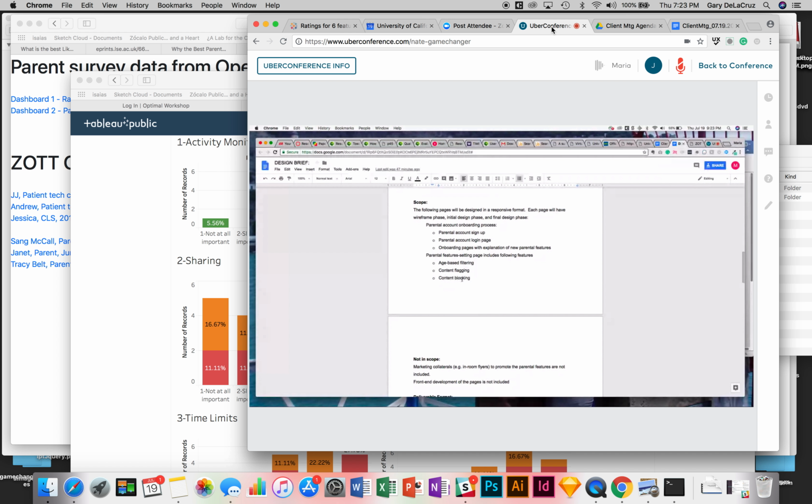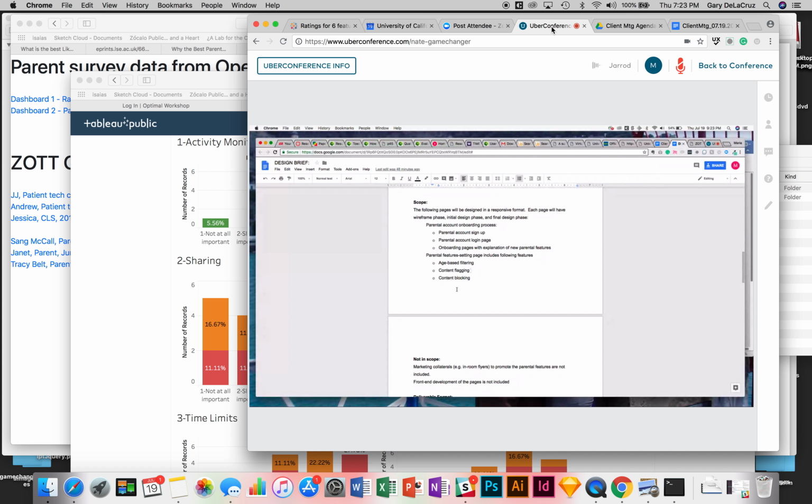I think the difference between these two is this one is preemptive, so a parent can go in and from the get-go say, I don't want these types of content available for my children. That would be blocking. And then flagging would be reactive. So content has been allowed, but as they use Zot, they realize, I'm not so crazy about this one. I'm going to flag this. And then either it blocks from there on, or they flag it and report it as inappropriate or something like that. So reactive versus preemptive.